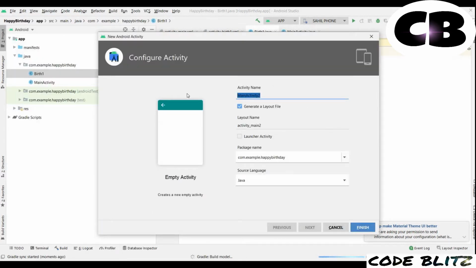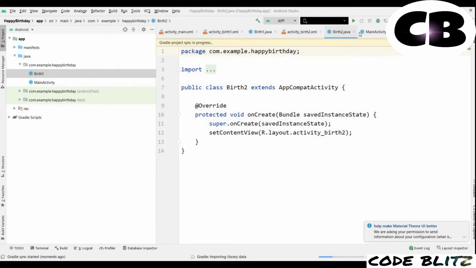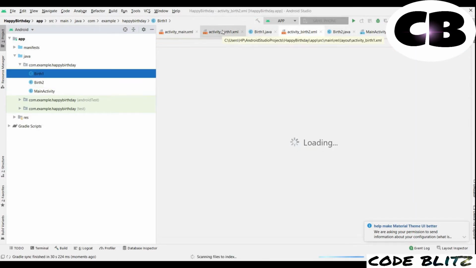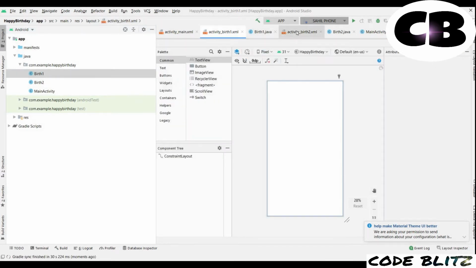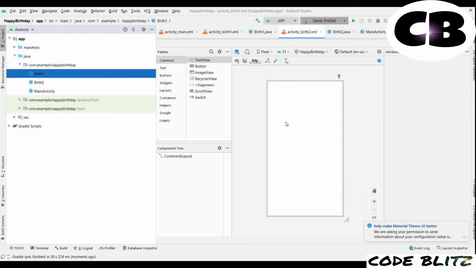The name we will give birth2, and then finish. Okay, so you can see the two activities have been created, that is activity birth2 and activity birth1. It is initializing, it will take some time. Okay, it has been loaded.